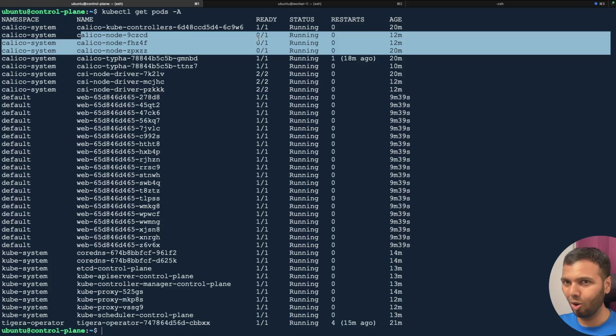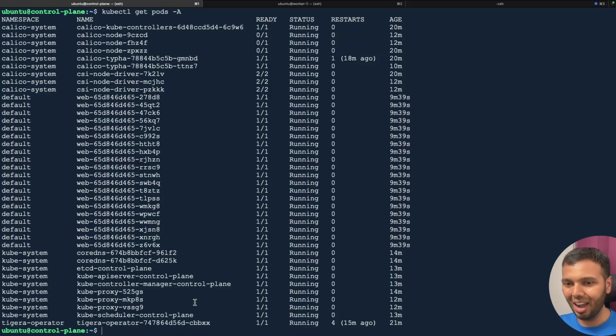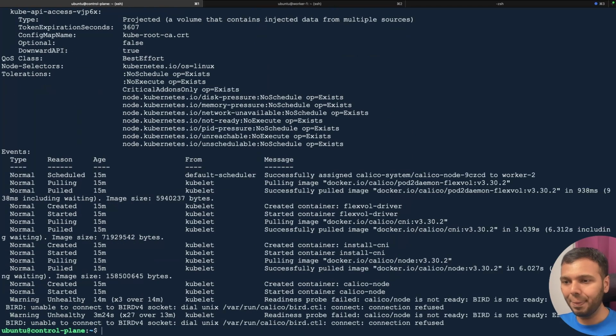Firstly, I saw it is not in ready state. The first thing I did was run kubectl describe pods -n calico-system. Then here I copied this pod name. I can do that for any pod, and then I pasted it here. And when I pressed enter, I saw that there is an error that says